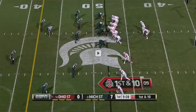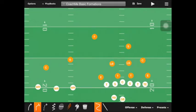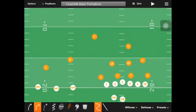Usually, Elliott gets most of his carries off of either a pitch from the option or in the zone read, where Barrett obviously has the option either to give to Elliott or pull it and run himself. Here on this play, his 47-yard run, the play was definitely designed for Elliott to get the ball with no read at all. So as we go down to the play here, Ohio State is in a trips left formation